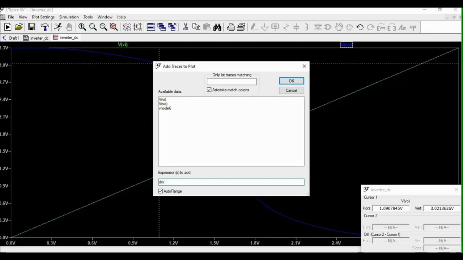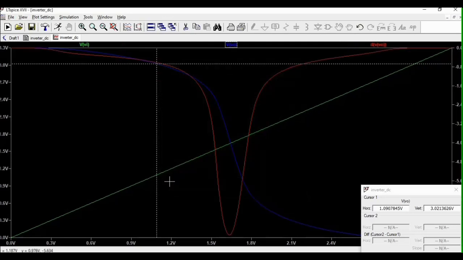In this case, V out. So instead of deriv, which we used in WinSpice, we will just use D for LTSpice. So this is now the graph for the derivative of our V out.